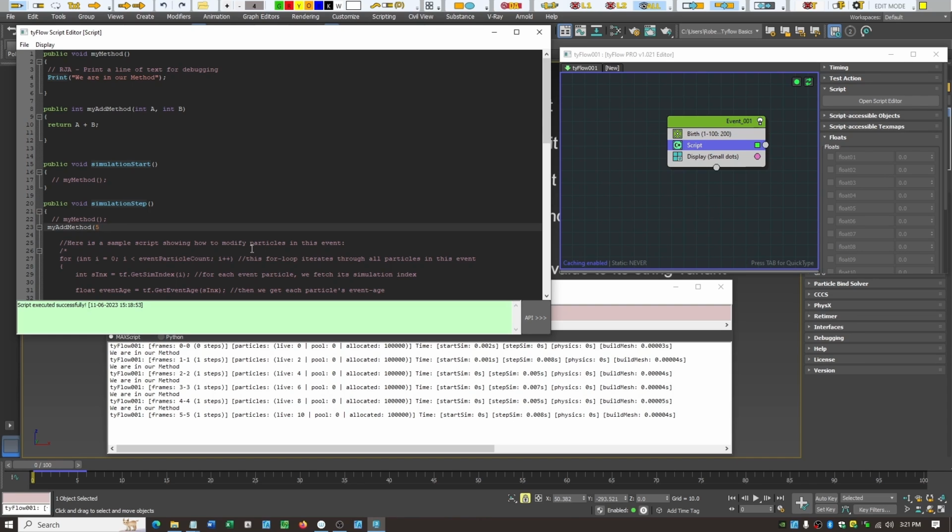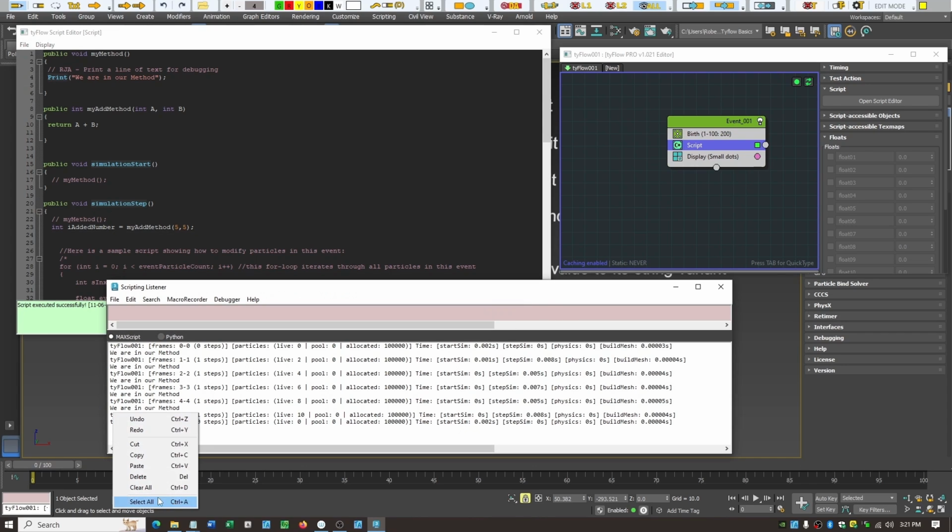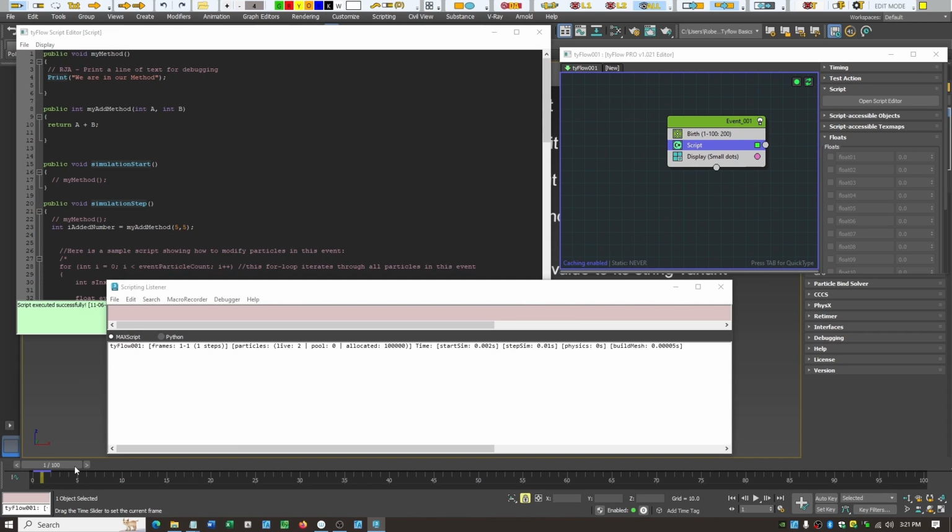So we're going to say 5, 5, and remember that there was a return type this time, and it was type integer. So integer added number equals that, and we'll finish it off with the end of line semicolon. And now let's evaluate that and make sure we haven't written some bad code. No, it passed. And now if we clear all this stuff here and we advance the timeline here,